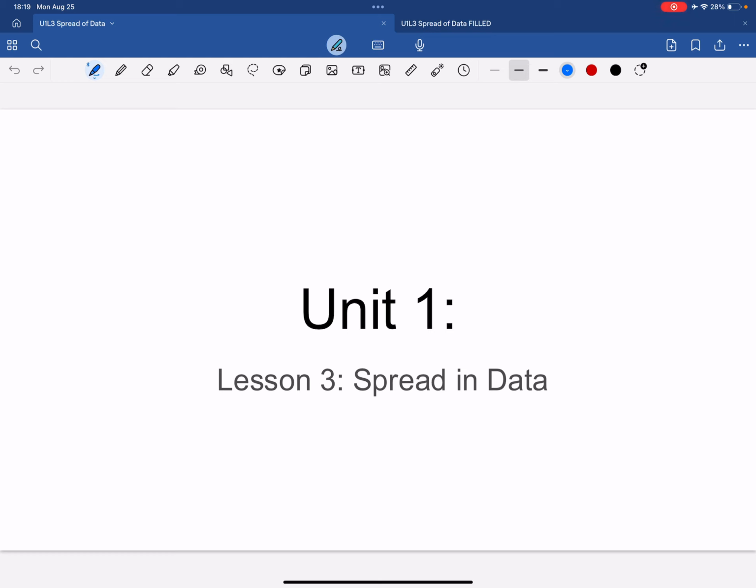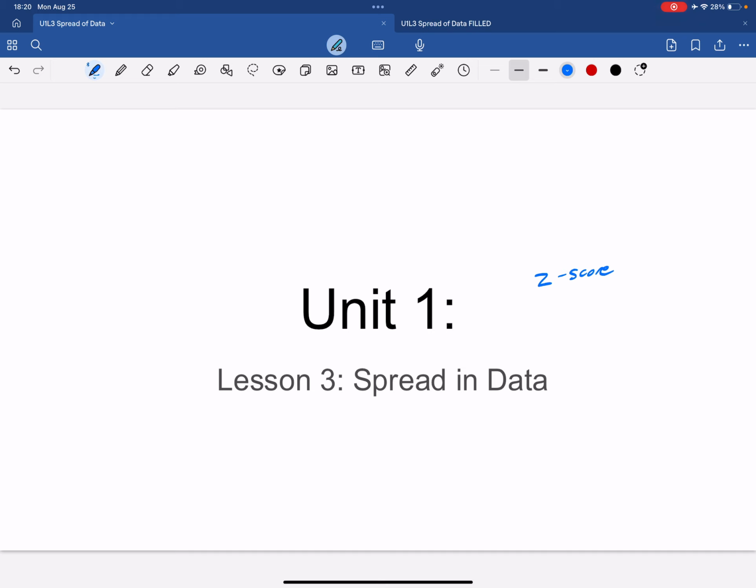But the goal today is, last time we talked about center of data. Today we're going to continue and talk about spread. We've talked about that already, but there are some specifics that we might have missed last time, and so I want to be sure that we get those all in. Also, for one of the